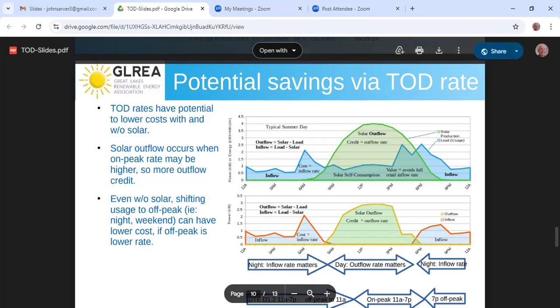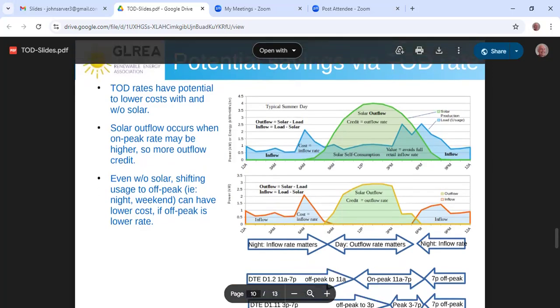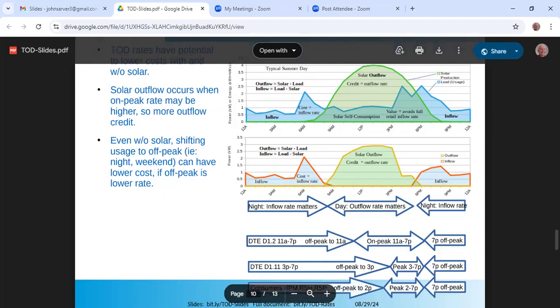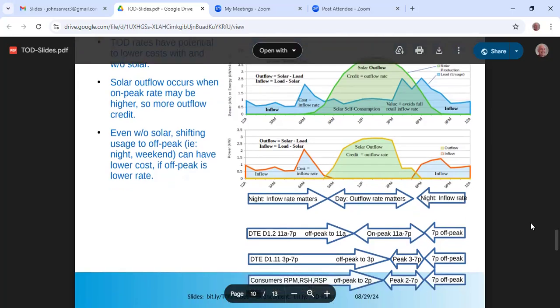Okay, and again, try to slide up a little bit so that the arrows are at the bottom. So how you would choose a rate, you want to choose a rate based on how it aligns with your solar outflow and how it aligns with when you still use energy from the grid. So the top plot kind of already explained. The middle plot